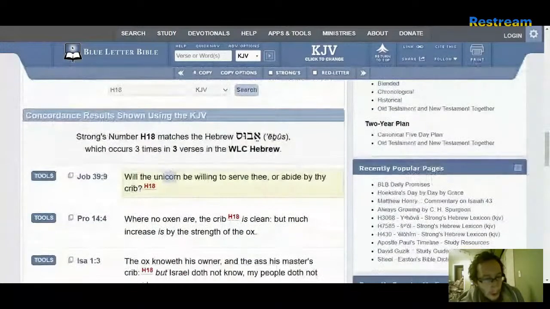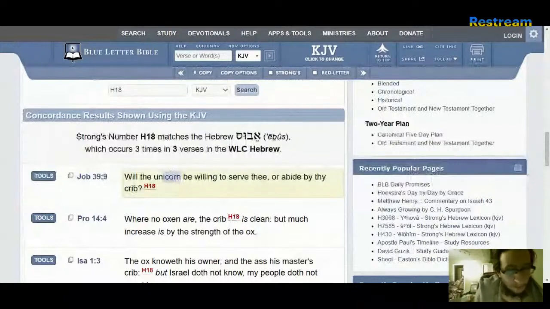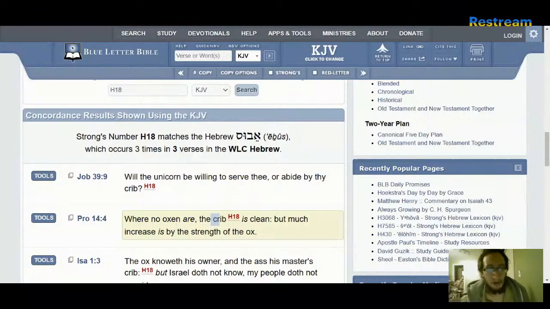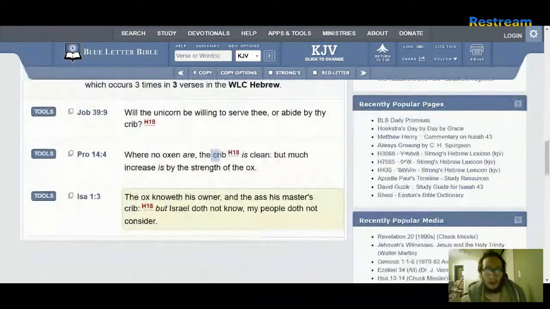So with the unicorn, that's a bad translation. Be willing to serve thee or abide by thy crib or feeding trough. Where no oxen are, the trough is clean, but much increase is by the strength of the ox. The ox knows his owner, and the donkey his master's trough. Israel does not know, my people does